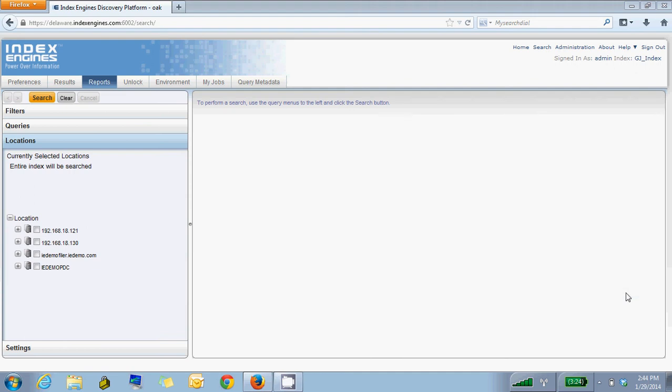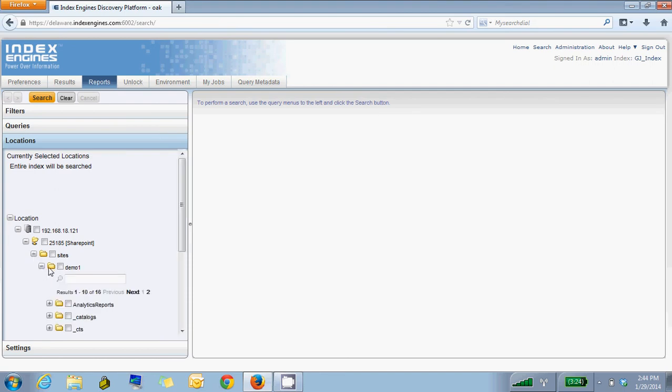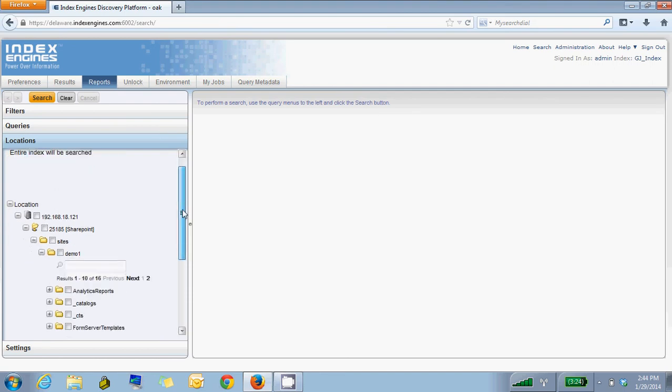Index engine support for SharePoint data allows you to directly access and index data contained in SharePoint without having to move it out of SharePoint to index. Index engines can discover your SharePoint farms and sites within the farm, connect to those sites, and create an indexing job where we index the metadata and/or the full content of the files, as well as certain metadata